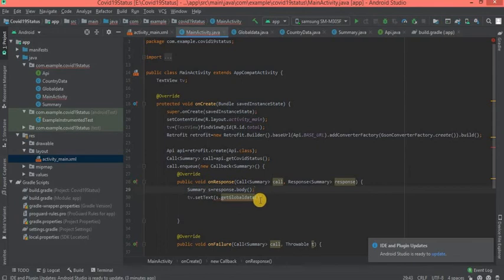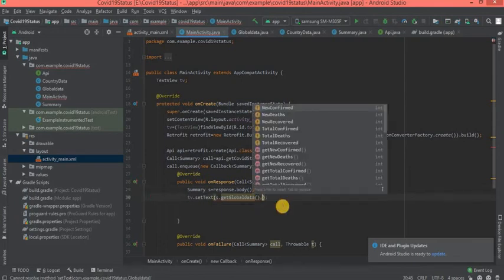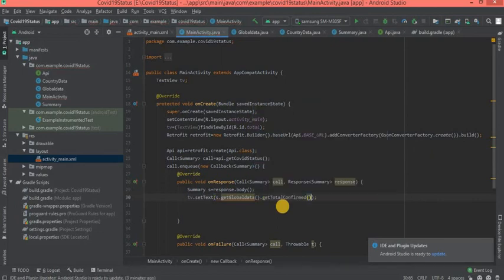Now it will return a global data object dot getTotalConfirmed.